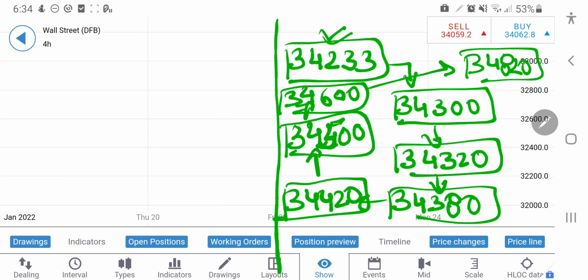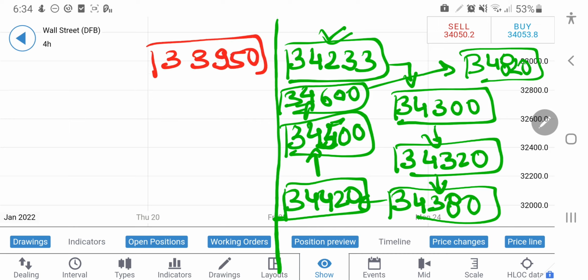It can touch these levels and drop from there. You can take a short entry there. Also, the entry to short, or remain short, is at around 33,950 levels. Once it breaks past 33,950, you can definitely remain short and you can expect it to hit 33,840,